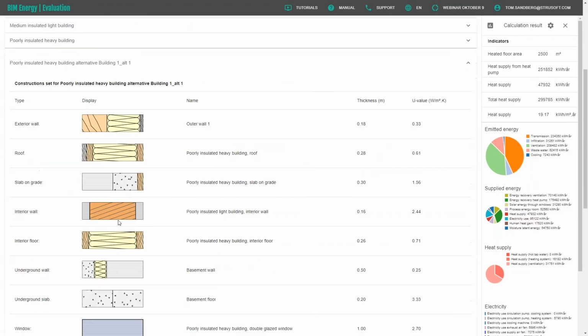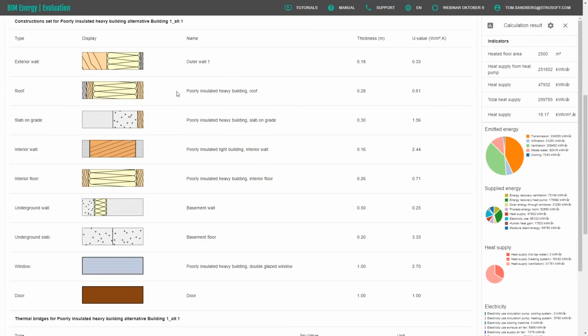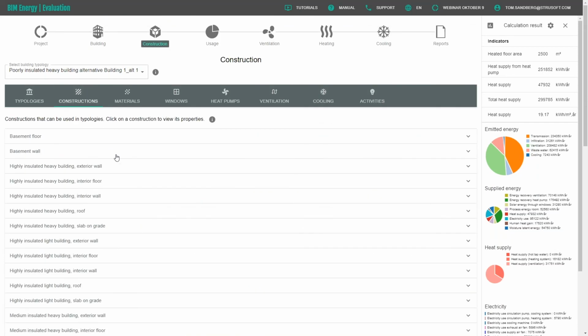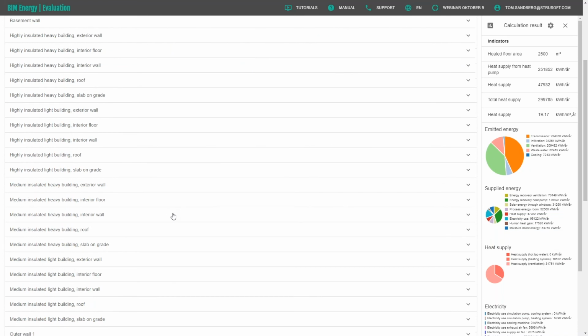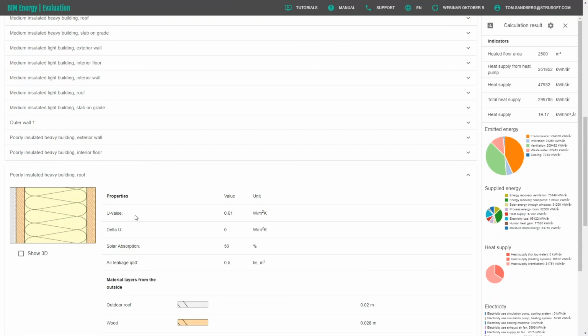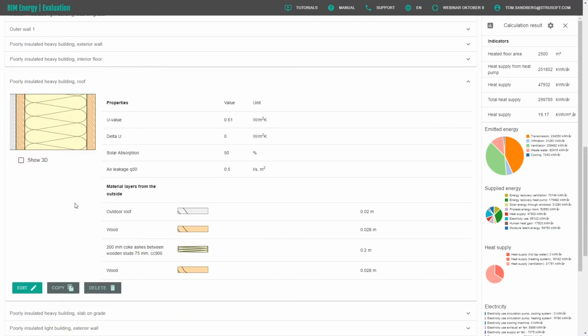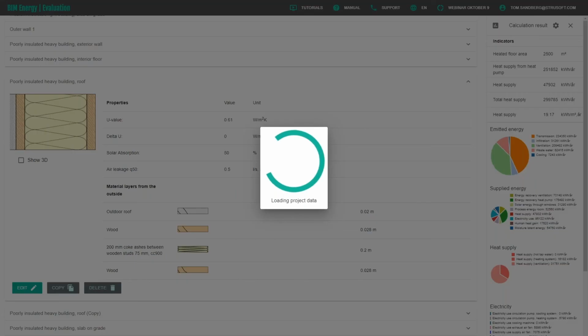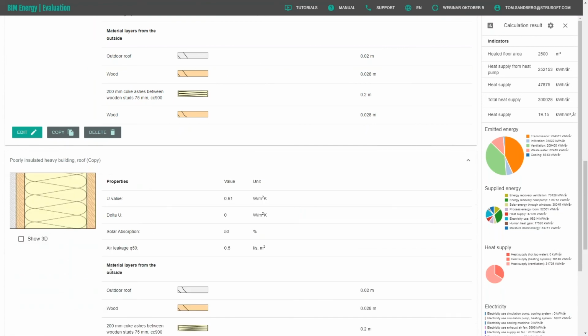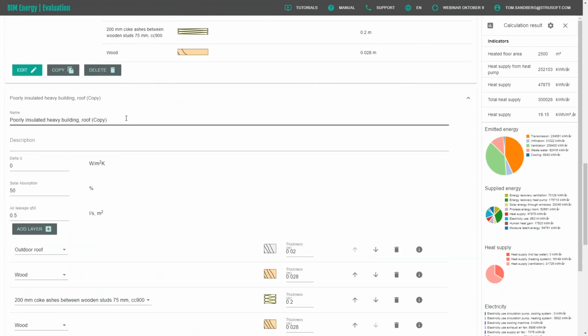So I see what I had. I had this roof that was poorly insulated heavy building roof. So I go into constructions, I check for this poorly insulated heavy building roof. I still want to keep this roof for the other house because I'm working in the same catalog. So I make a copy of it, and I go and edit that one, and I call it insulated